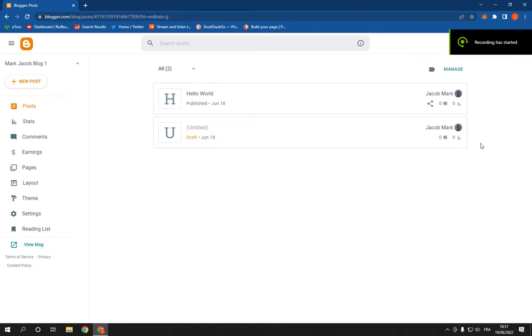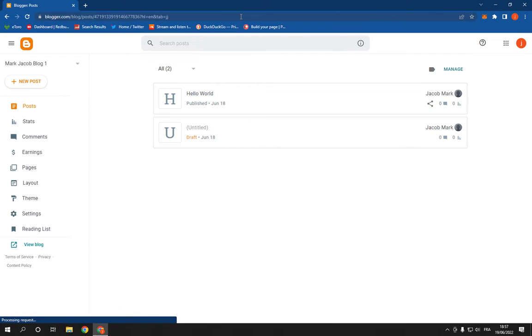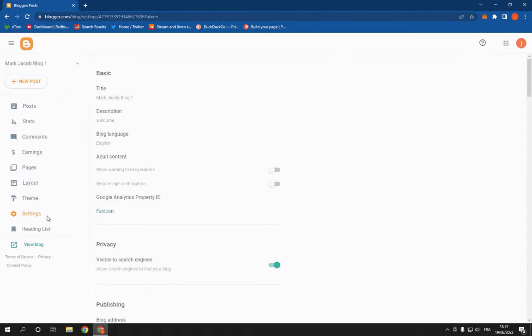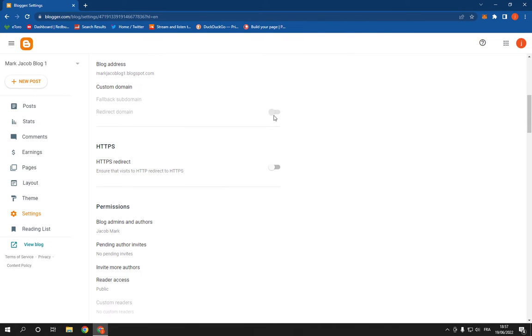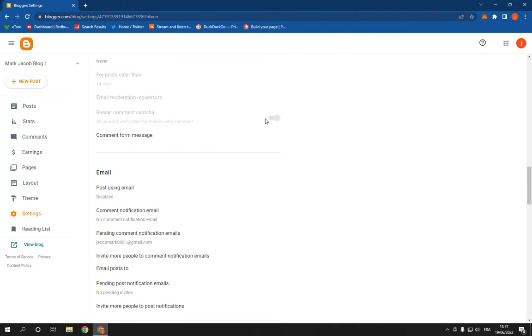How to manage email settings on your blog or website on Blogger. Hello guys, all you have to do is go to Blogger. As you can see, this is the home page right here. Now all you have to do is simple. Just click on settings, and then scroll down until you find the email